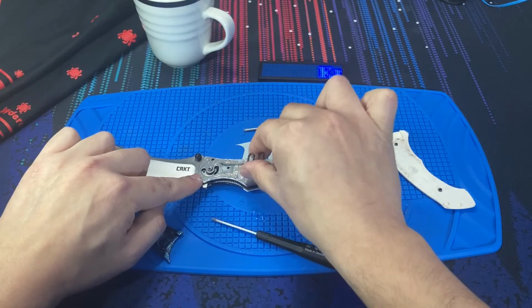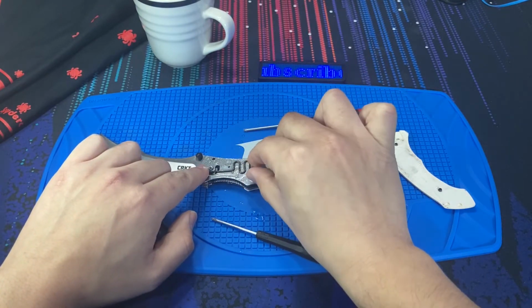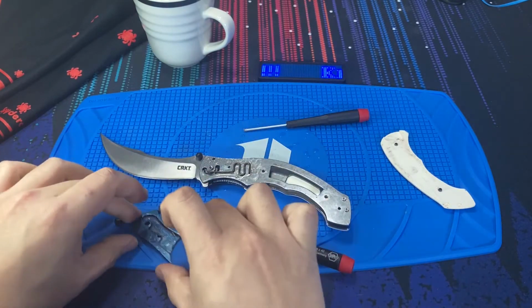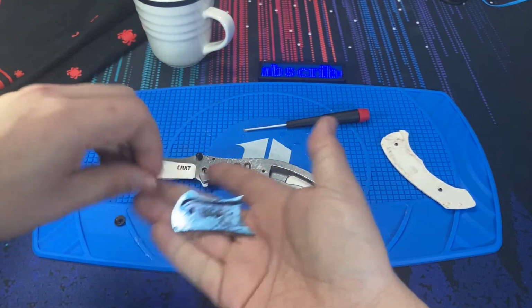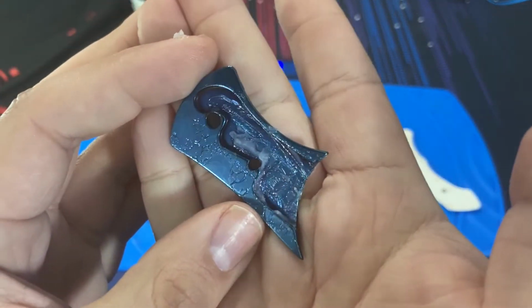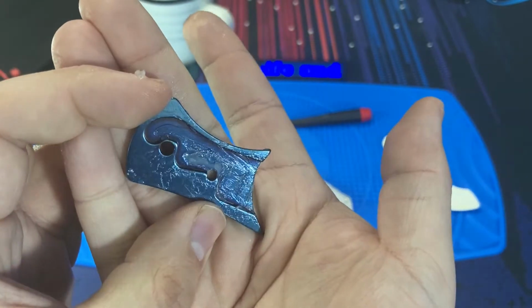So we can see the way this spring worked. It goes in this hole right here, and it looks like it just fit right within the back of the bolster. Let me show you a close-up. The back of the bolster has all that grease in there,